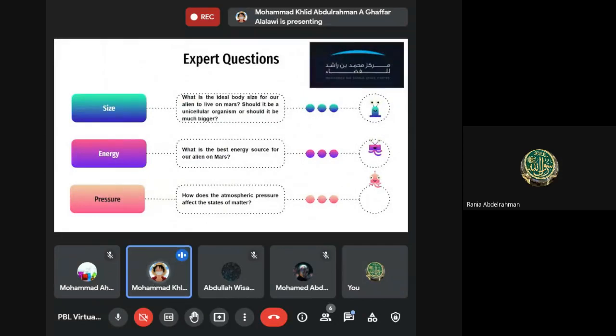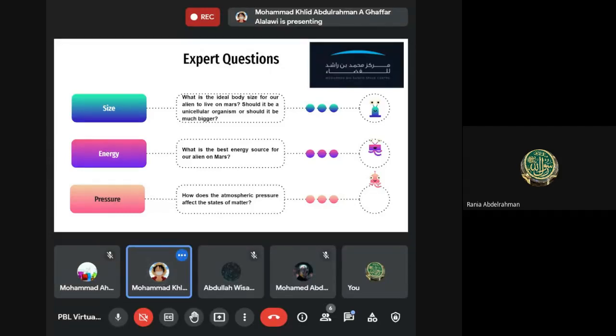Thankfully, our school provided us with an amazing opportunity to meet experts from Mohammed bin Rashid Space Centre. They provided us with their opinions on some of the things we asked. The first question was regarding the size of the alien: we asked them what the ideal body size is for our alien to live on Mars. Should it be a unicellular organism, or should it be